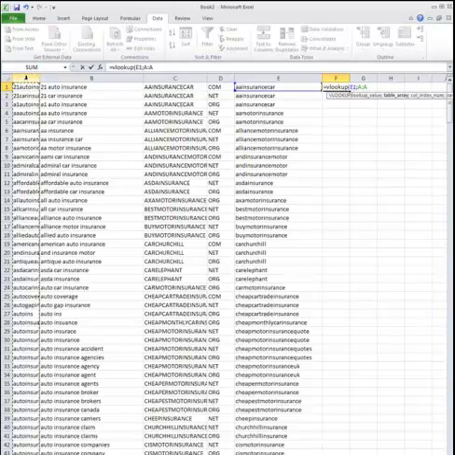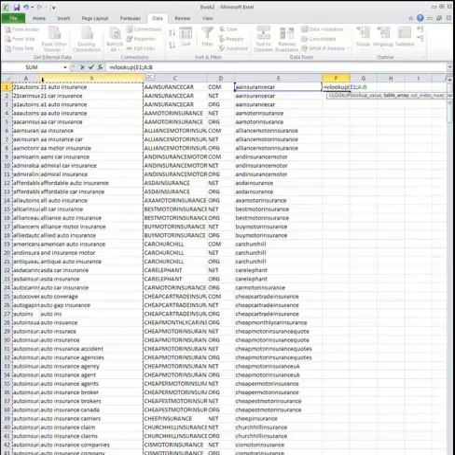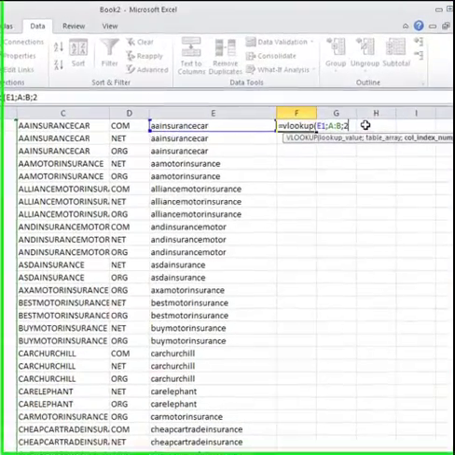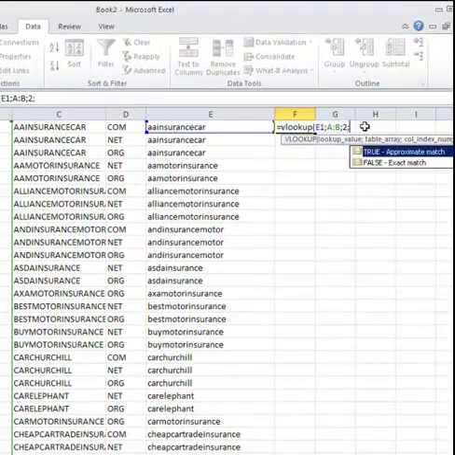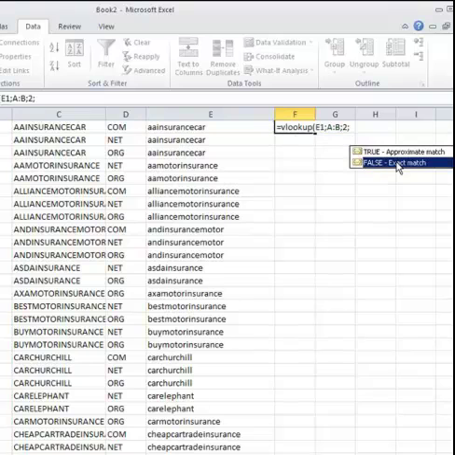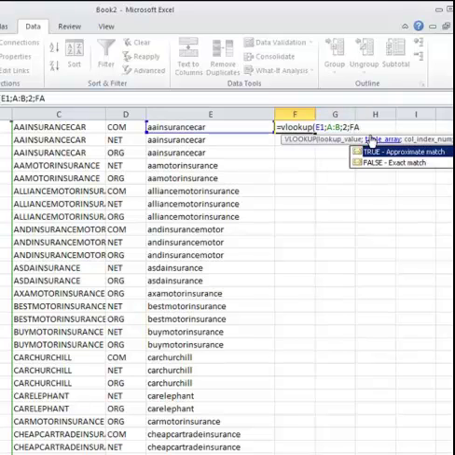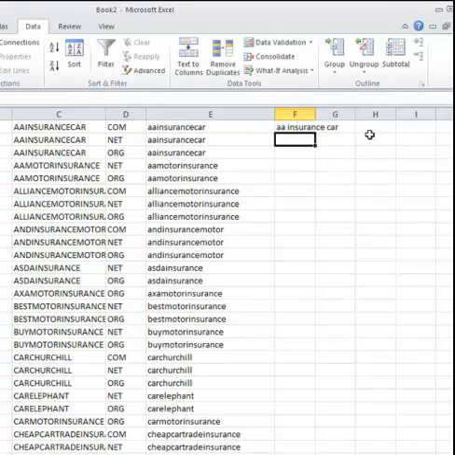And so we tell it to give us these two columns, A and B, to look for the value in the first column and then return the second one. So, comma 2, and then we say give it an exact match, so we say FALSE at the end. Oopsie, come on. And now it's crashed, so I'll type it in by hand. And now it's translated AAinsurancecar into AA space insurance space car, which is exactly what we want,